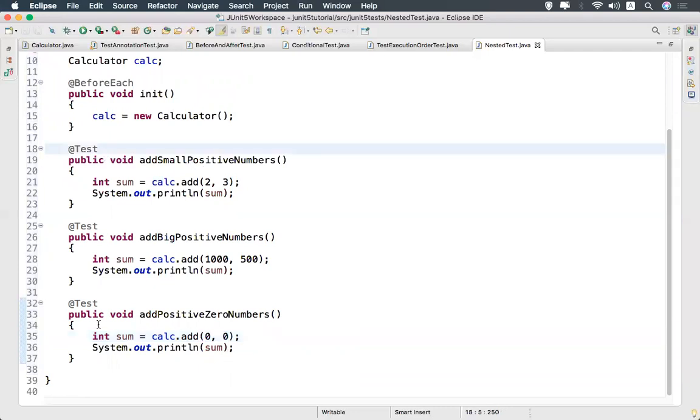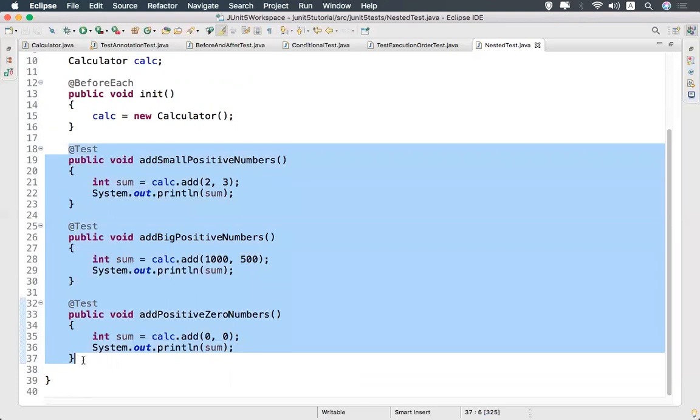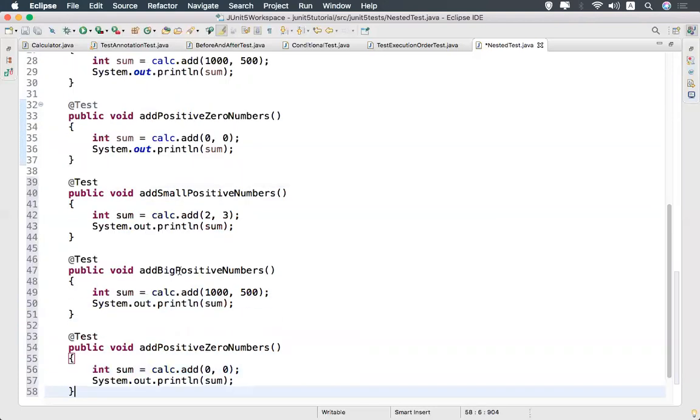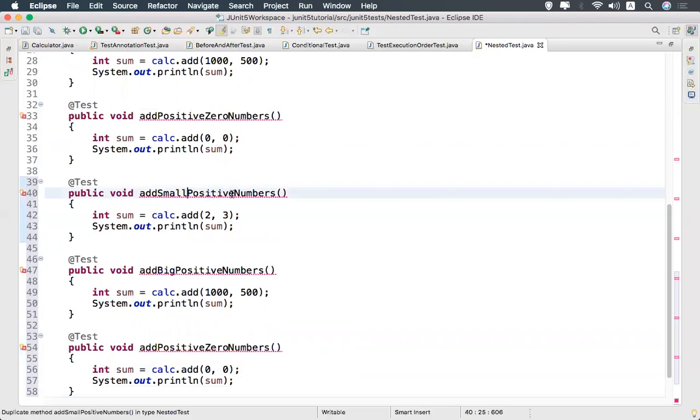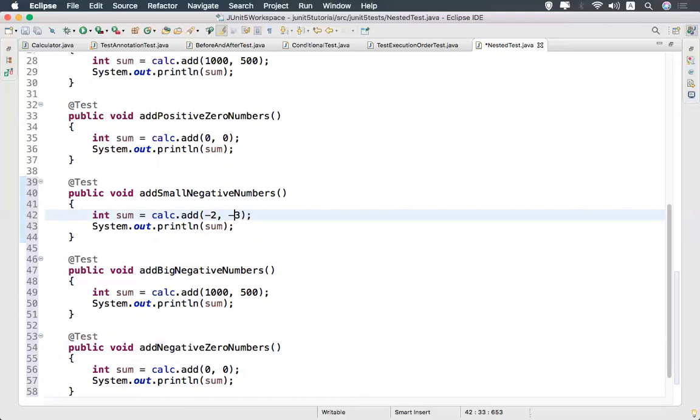The same way I'll test with negative numbers. All small negative numbers. Here also I'll change, and I'll put a minus in front of each of them.